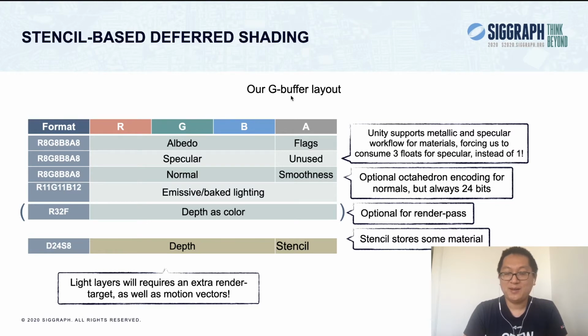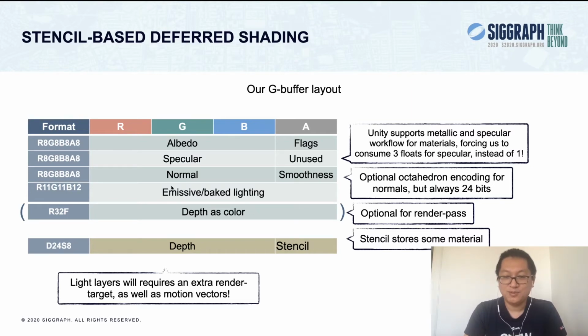We do store material flags inside the alpha channel of the first render target. For instance, if your material does not want to have specular calculation, or if you do not want shadow mask, shadow being applied on it, this has to be stored as a flag. We also store extra flags in the stencil buffer too. Usually it's material type, things like simple lit, baked materials usually use stencil.